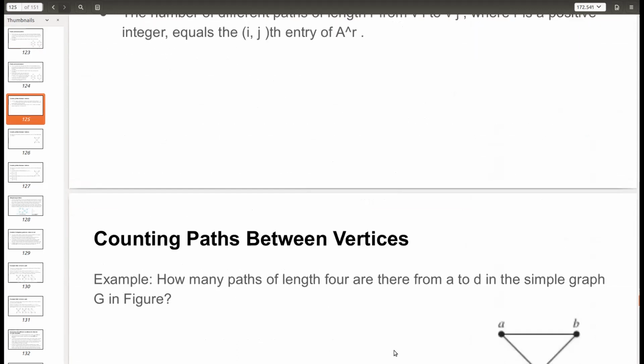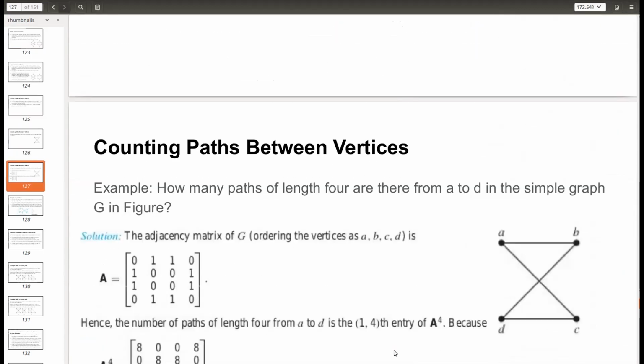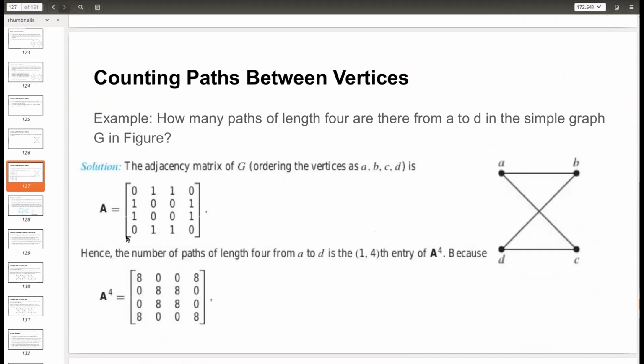So this was one of the graph invariants that we started our discussion with. After that, we saw how we can count the different paths between vertices. This can be done using the adjacency matrix. So if you want to find paths of length n between different sets of vertices, you take the nth power of that adjacency matrix and look at the entry of that particular row and column. Suppose you want to find the paths from node 1 to node 4. So the 1/4 entry, that means first row, fourth column entry, the value of that will tell you how many paths exist between that set of vertices, right?